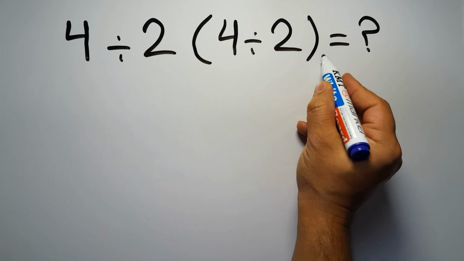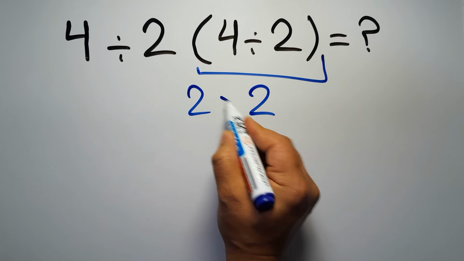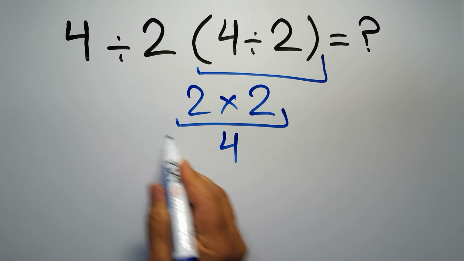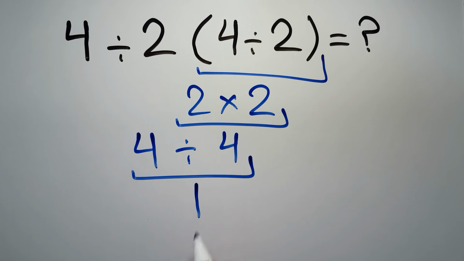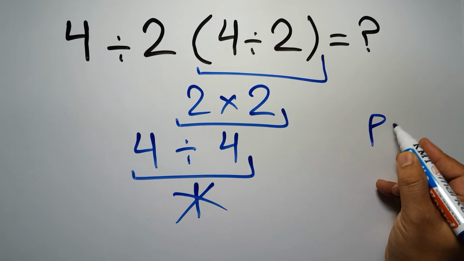4 divided by 2 gives us 2. And 2 times 2 equals 4. So 4 divided by 4 gives us 1. But this answer is not correct, because according to the order of operations, first we have to do parentheses, then